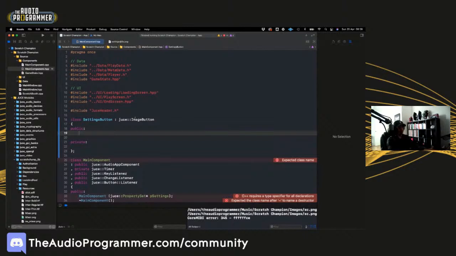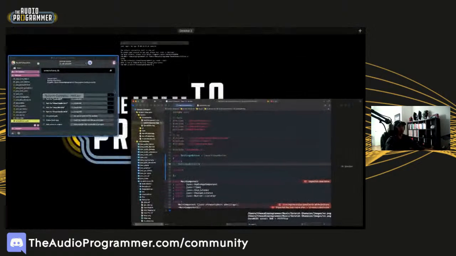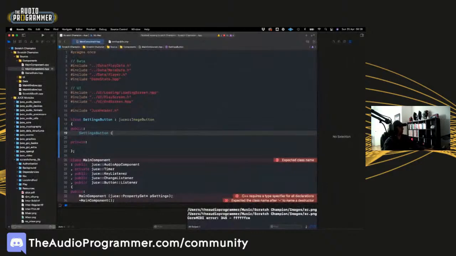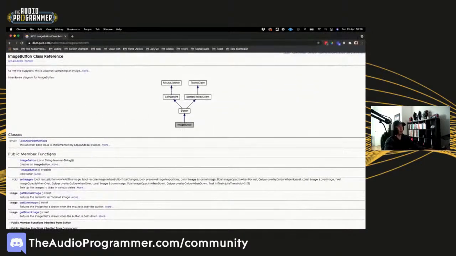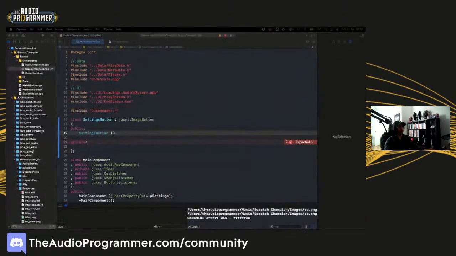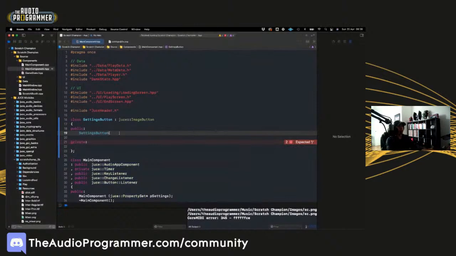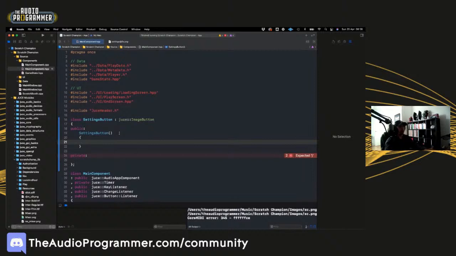And let's see, so we will do settings button, and this will be a constructor, and the constructor needs to take a name. Oh, actually, I'm just going to leave it blank. So I'm just going to leave it like this. And then